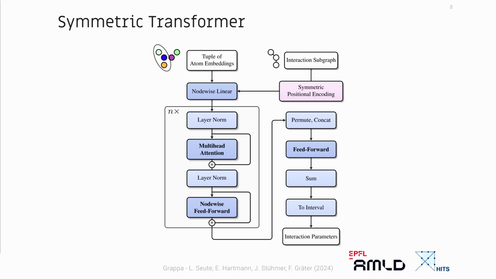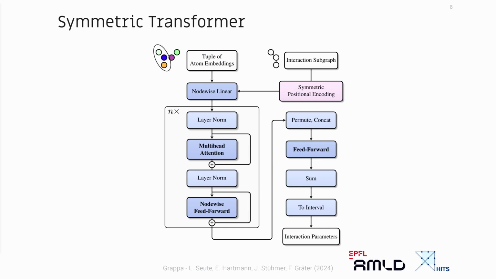Okay, this is how the model looks then. For the permutation equivariant layers, we use a normal transformer architecture. Here you see the colors really don't work out so well. Here you see the positional encoding that I was talking about, that you already append to the features at the very beginning, and it depends on the type of subgraph. And on the right side, you see pooling operations that essentially then make the output invariant, not equivariant, with respect